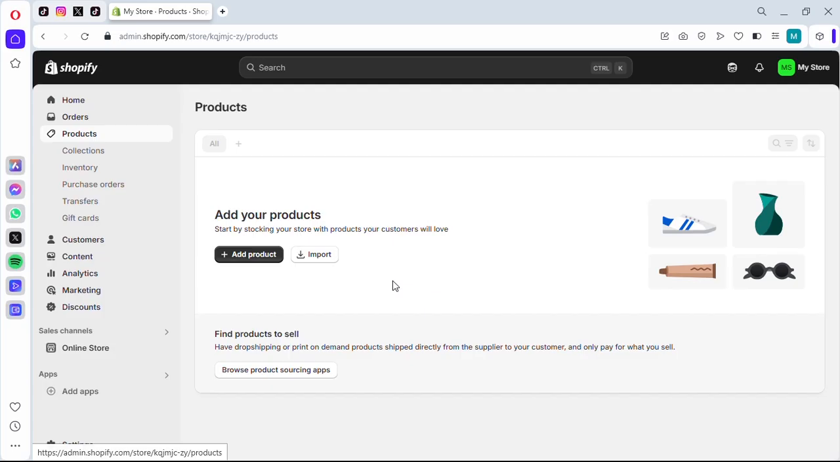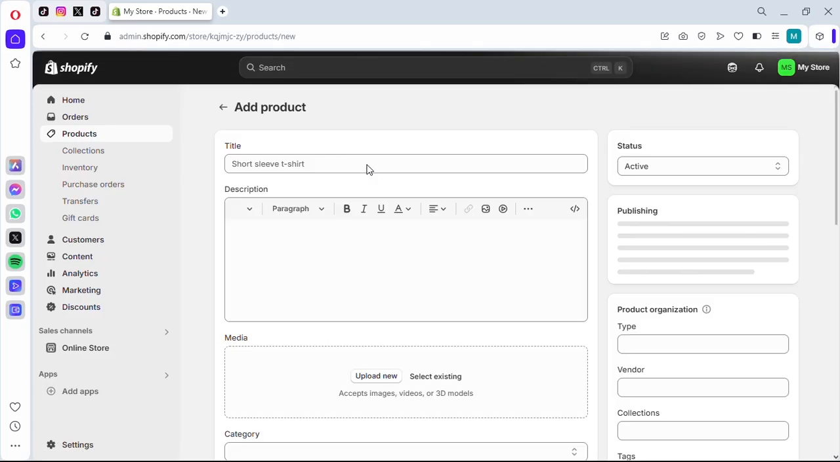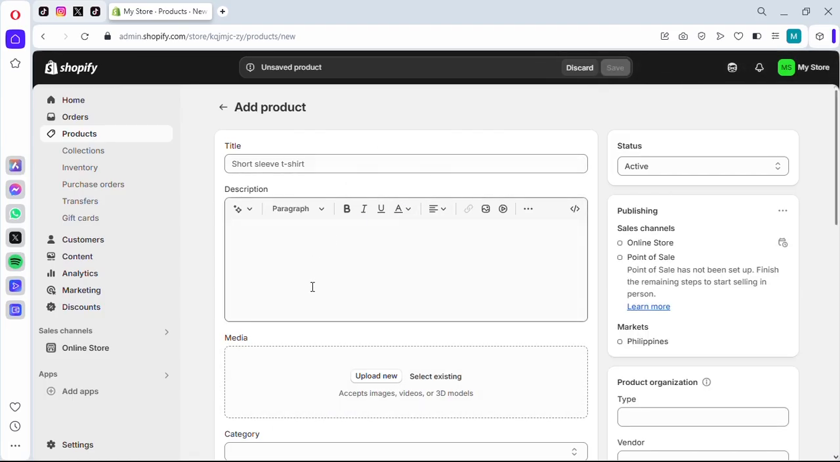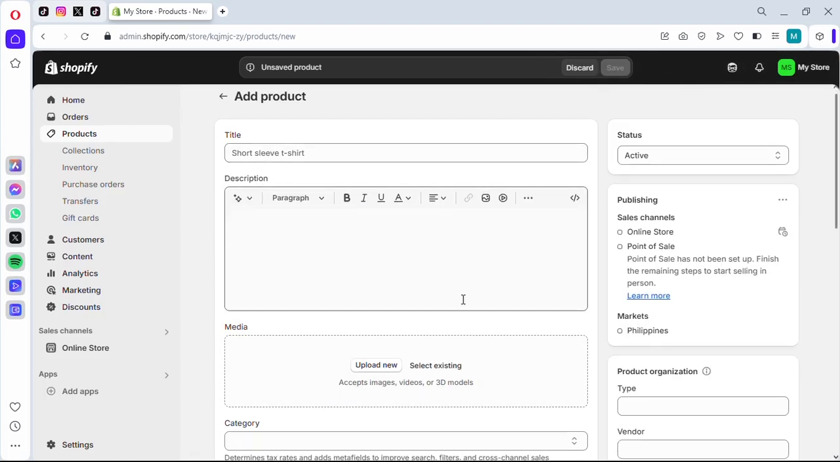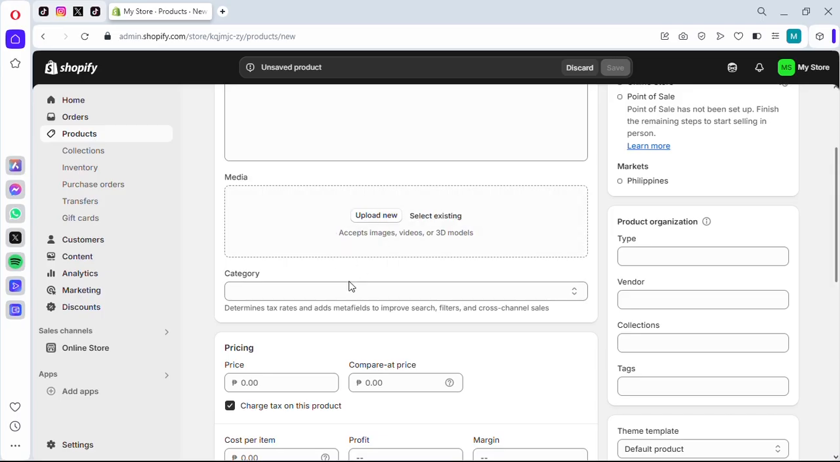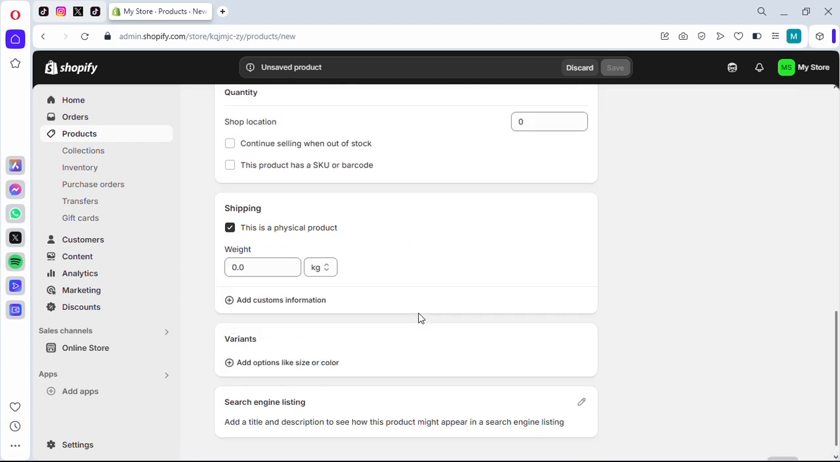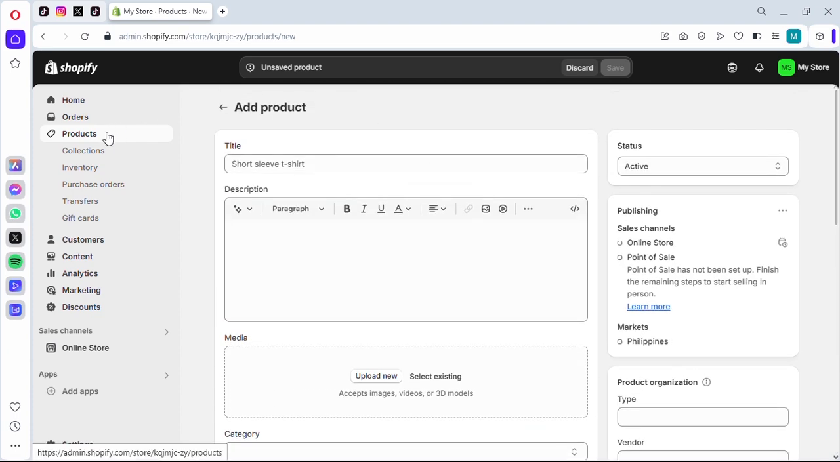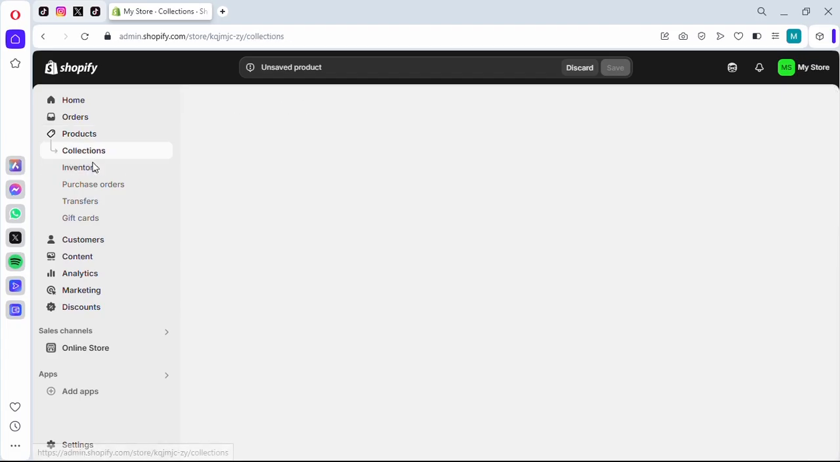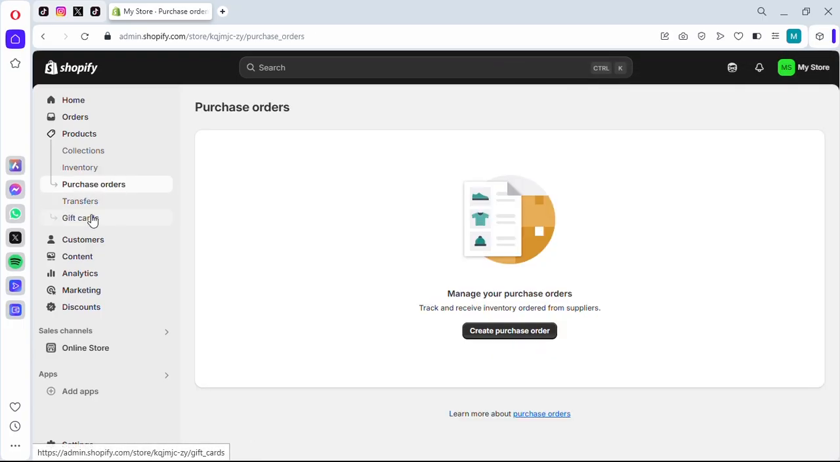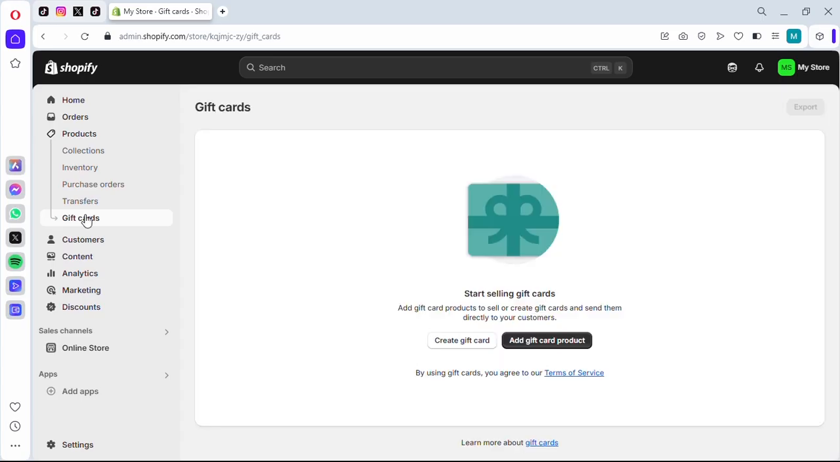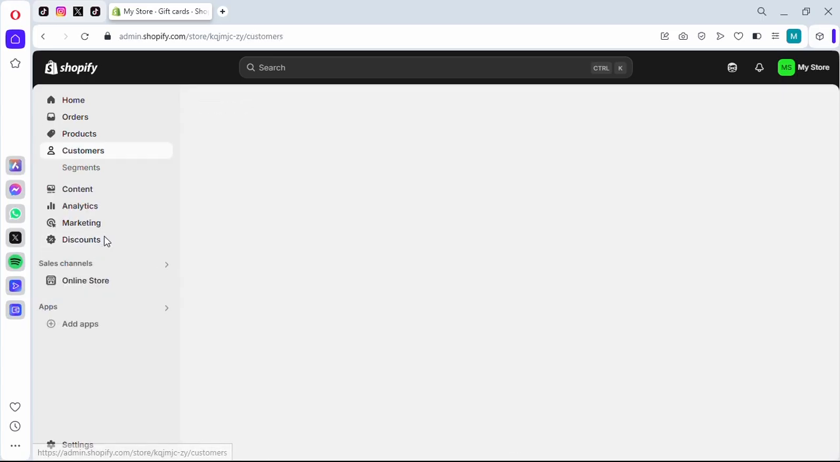So if you already have a product prepared, you can just tap add product and fill out all the information here, such as the title, description, the pictures of your product, category, the pricing, and then the shipping, inventory, and then there are also the collections, inventory, purchase orders, transfers, gifts, and for the customer section,